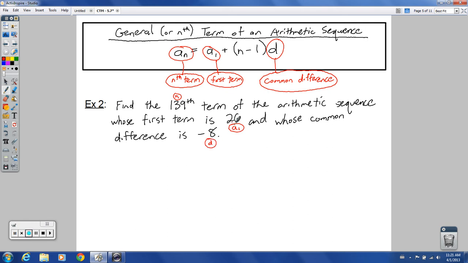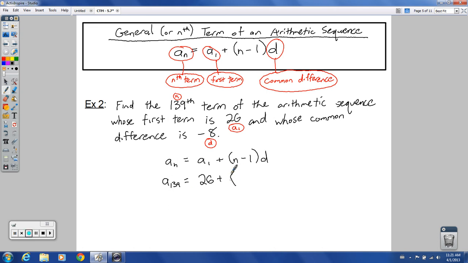But this is going to be n. This is going to be a1, your first term, and this is going to be your difference. So let's label those things. 139 is n, 26 is a1, and d is -8. And now it's just a matter of plugging those things into this formula. So a sub n, let's just write the formula down one more time just to make it easier to see where the next step came from. So this is a of 139 equal to the first term, 26, plus